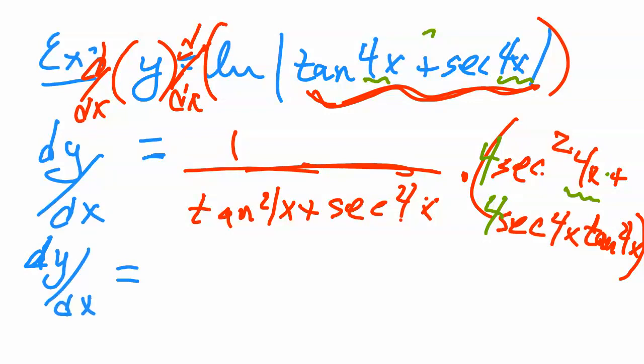This actually is odd exercise number 5 here. I'm going to go ahead and pull out a 4 secant 4x on top and see what's left. I'm going to be left with secant 4x